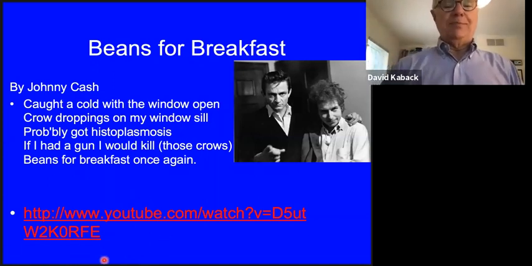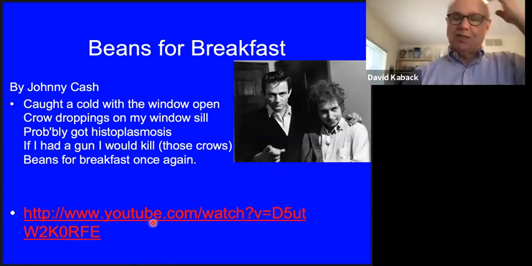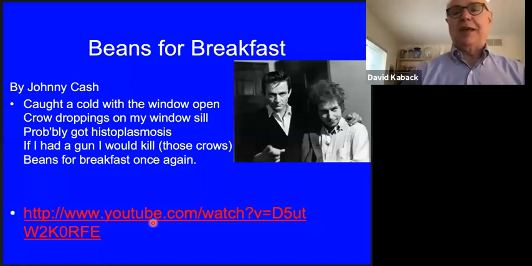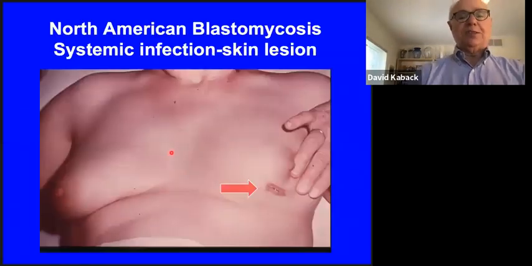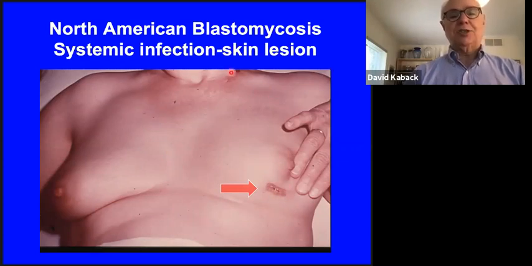All right, with that in mind, let me quickly go through the other systemic infections and what's same and different about them. North American blastomycosis. As I mentioned, you get a systemic infection. You can have these skin lesions that arise due to them rupturing through the skin. There's another one actually up here. And this is caused by